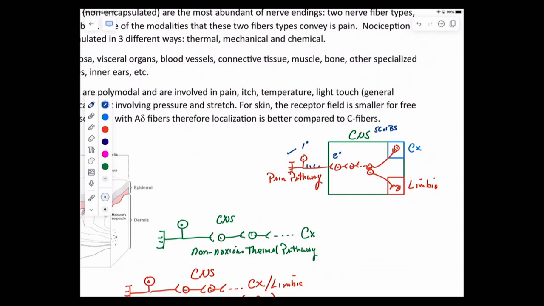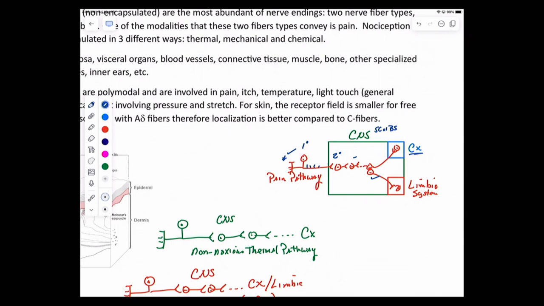So those neurons are going to be stimulated, which will stimulate another set of neurons and another set of neurons, until eventually some of the neurons are going to be communicating what's going on out here to higher cortical areas for conscious appreciation of the pain. And we're talking again, where is the pain and what's the intensity of the pain? You have another set of neurons, though. They're going to be communicating with another part of your brain called the limbic system. So I'll just add system here. And the limbic system is a fancy way of saying the part of the brain that is involved in my emotional response. Your limbic system is all about your emotions.